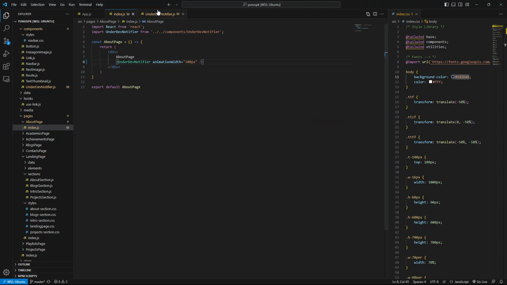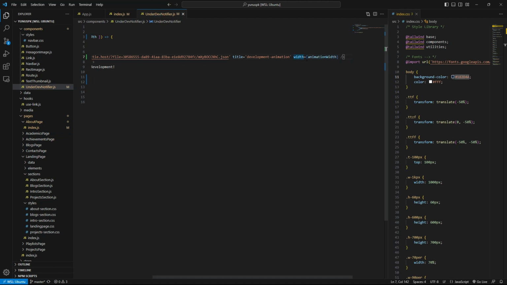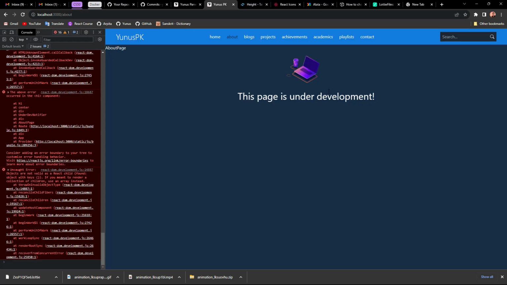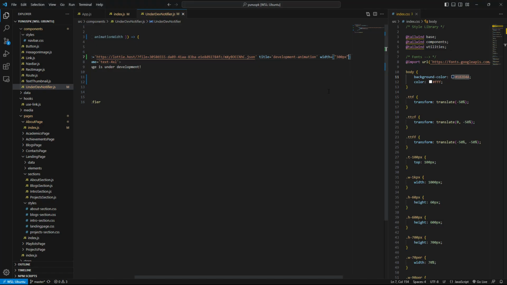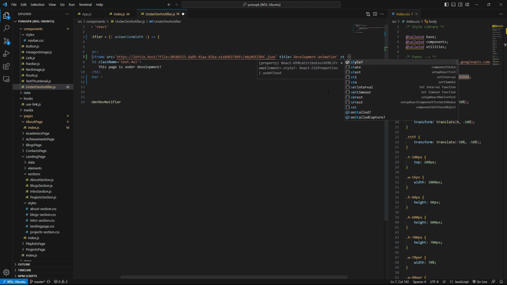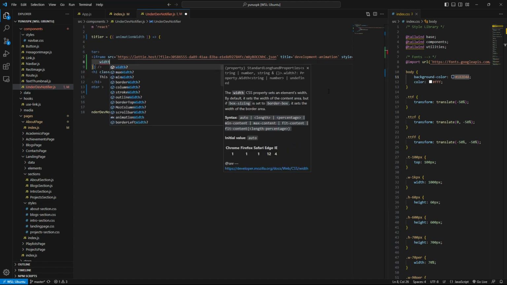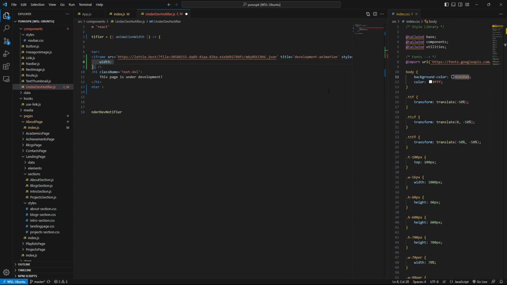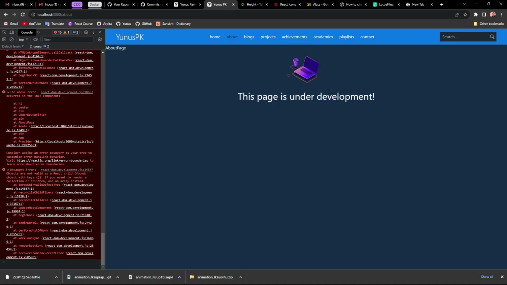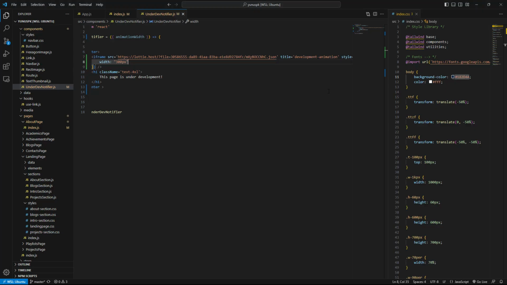That didn't work, so let's try here if that works. 300 pixels. That doesn't work here. So where is that gonna work? Probably in style, and we're gonna have a width here, and then if we have 300 pixels, that didn't work as well.